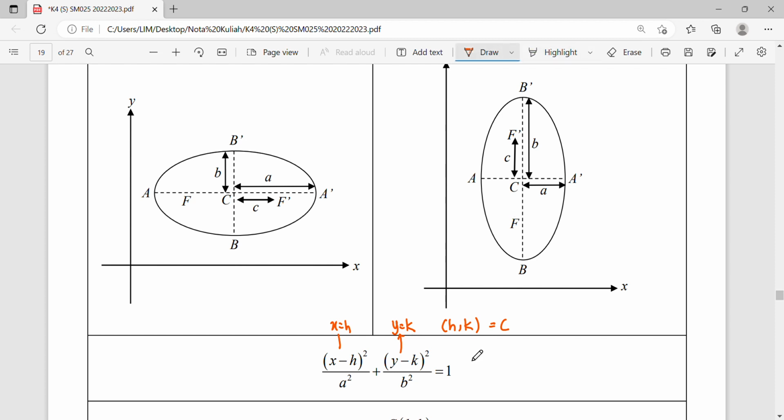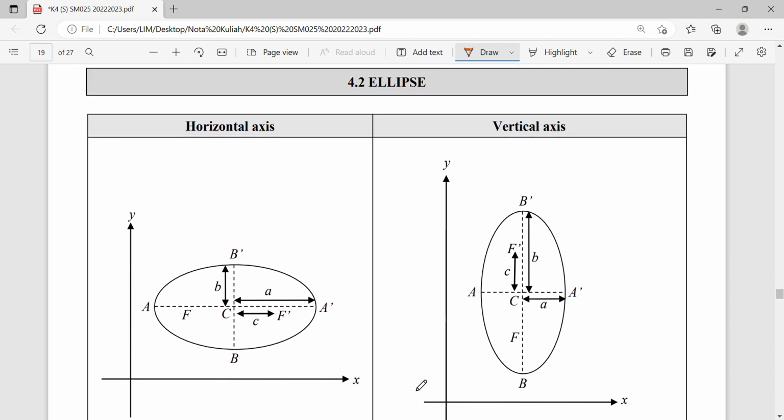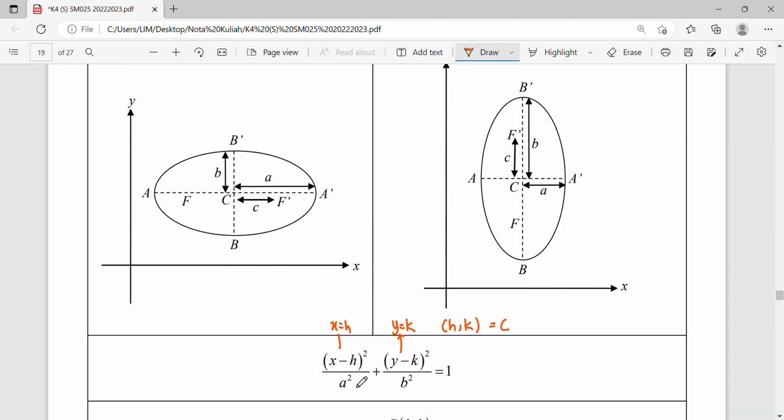And then we have A, we have B, and then we have another information which is C. So in doing ellipse, you must know what is your center, what's your length of A, length of B, and length of C. So we have 4 things here: center, value A, value B, and value C. So look at our